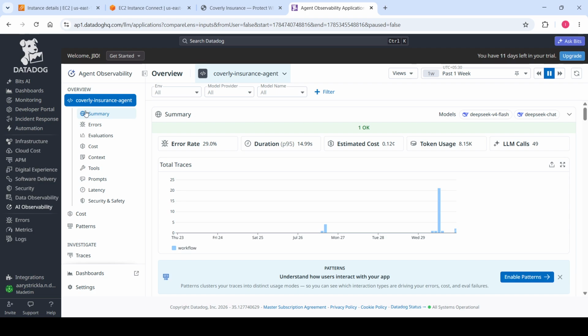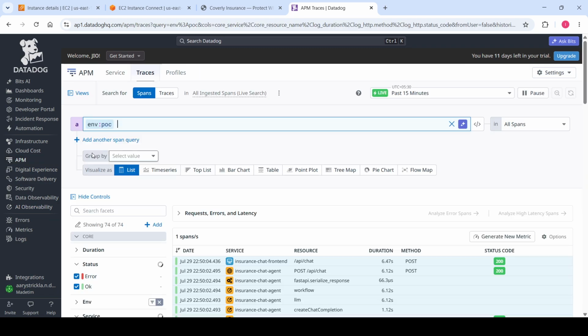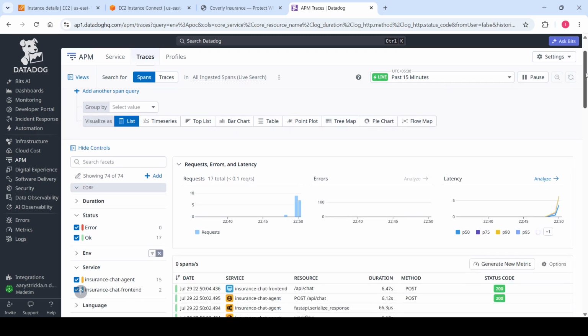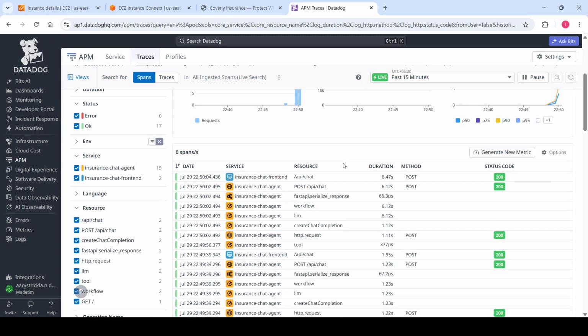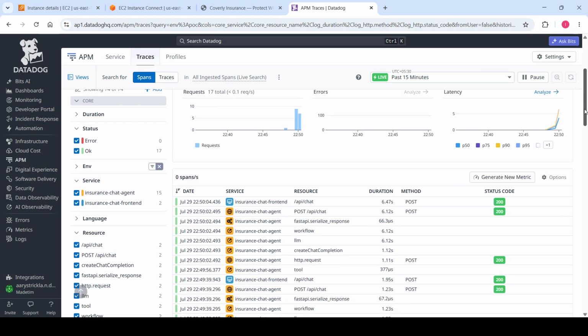So I'm here. Let me go to my trace sections. Yes. So if you can see, in the last 15 minutes, I have an API chat which took around 6 seconds, right? And API chat generally is very fast. If you see, there was one less than 2 seconds, so it's generally happening very fast, right? So we want to see why this took 6 seconds. So we'll go inside